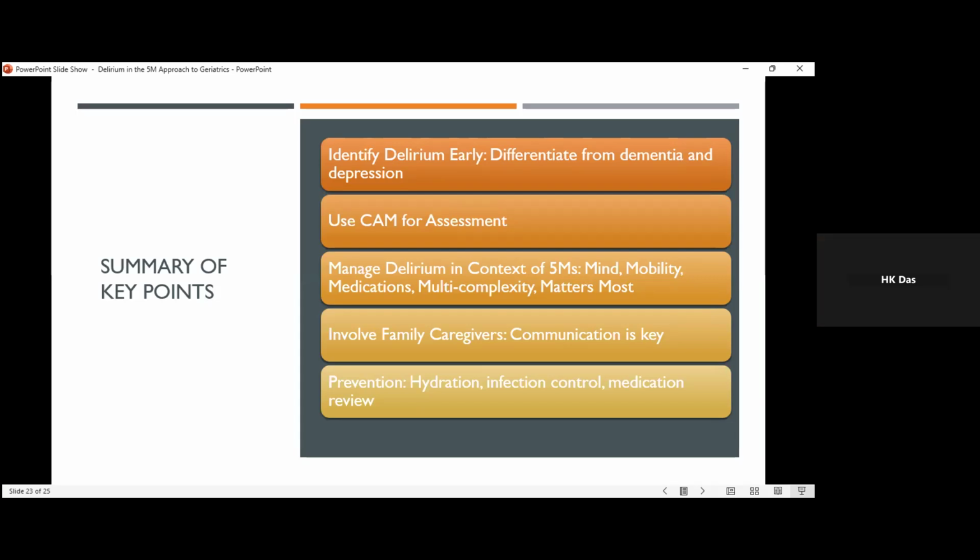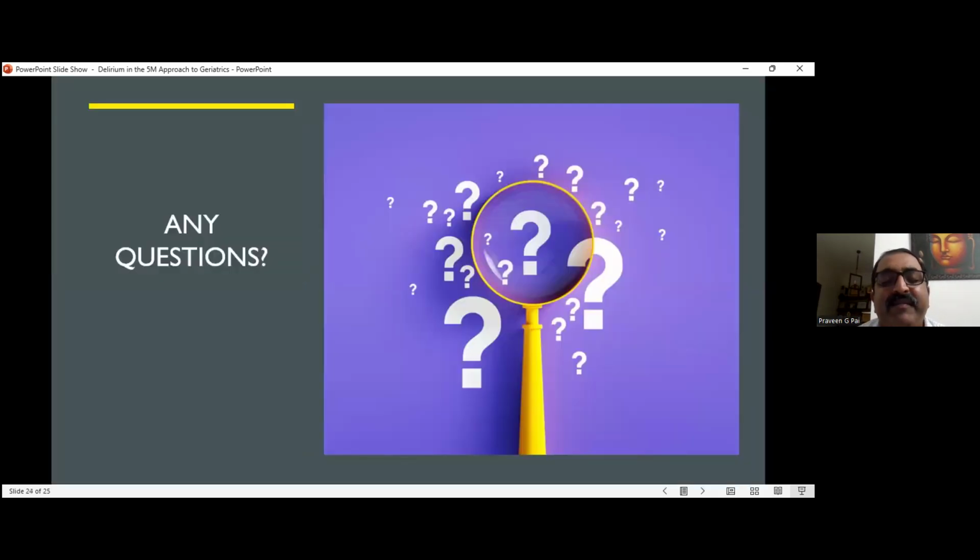So medication, polypharmacy can be prevented, but you cannot prevent an infection if it has set in. But you can prevent the infection from going out of hand. In that case, we have to always think about the atypical presentation which can happen in aging. So all these contributors have to be kept in mind, and then it can be prevented. These are the summary which I have, and I think it's almost an hour now, which I promised to keep you engaged. So if you have any questions, you can ask.